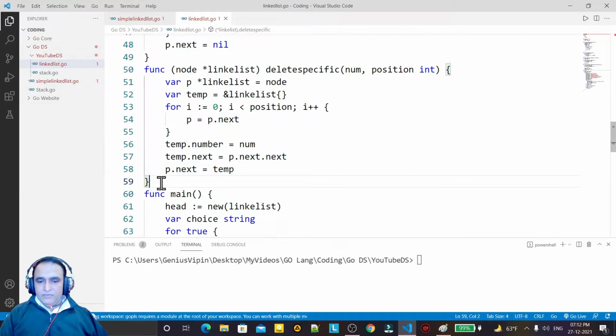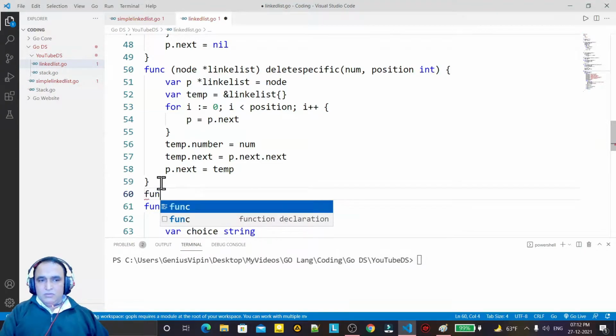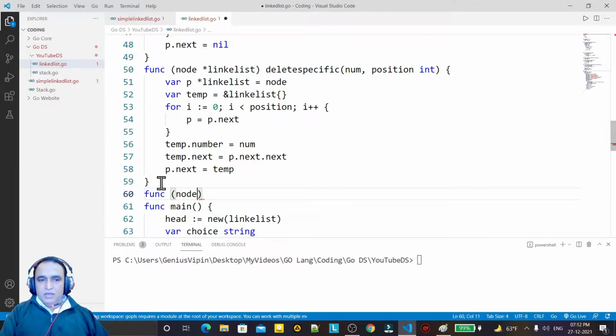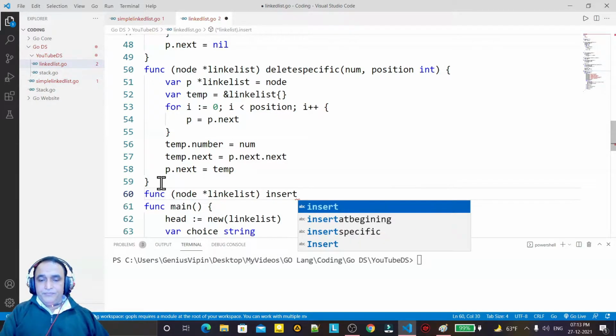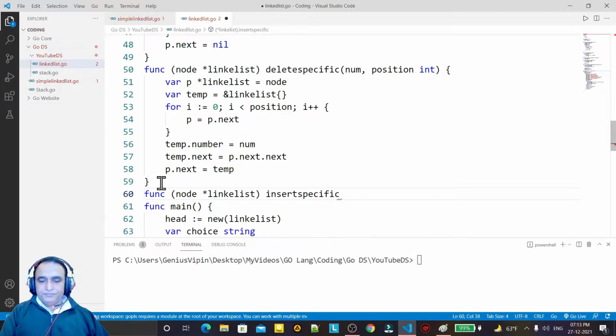Now we have one more function, insert at a specific position. So I say insert specific, here I say num, and sorry, here it was a delete, so I just did wrong coding. I have to change it to the insert.